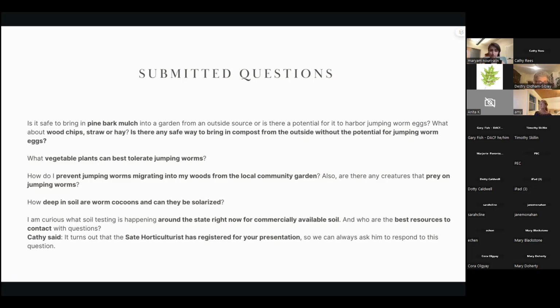And someone asked a question about what soil testing is happening around the state right now for commercially available soil, and who are the best resources to contact with the question. And Kathy said we have a state horticulturist here that maybe can help us answer this question, because I honestly don't know that. And yeah, soil test, I don't think there is any commercially available soil test for jumping worms. So I don't think the first part of the question is probably, at least in Vermont, no. And the second one, yeah, then we can